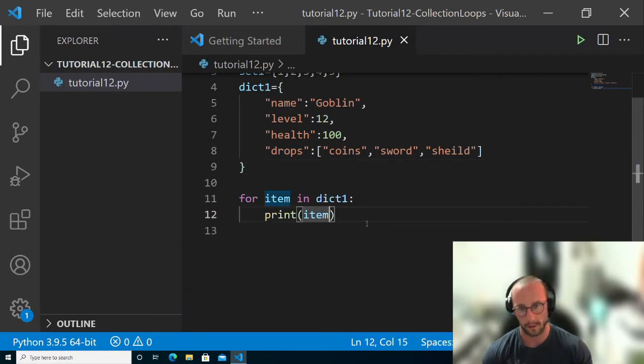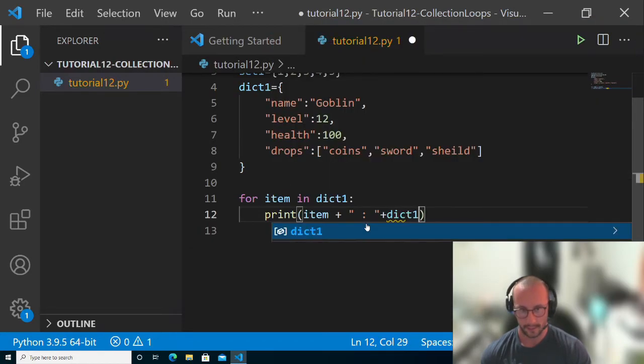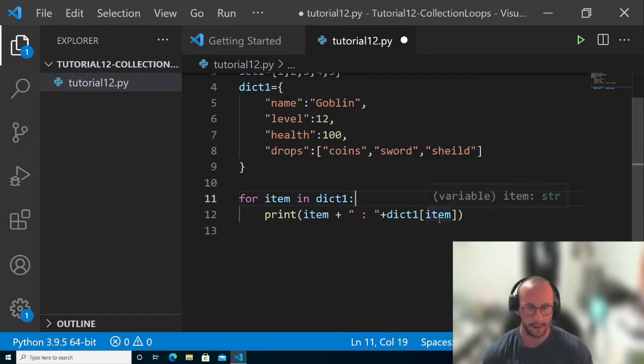Now, what if we wanted the keys and the values? Now, this won't work. What you could do to get the values, if we want to print it off on the same line here, so let's just do plus, and then we got quote space colon space quote. And then we're going to add our dict1 and then square notation item. So this will get the value of the key item in dictionary 1. So if we run this here,